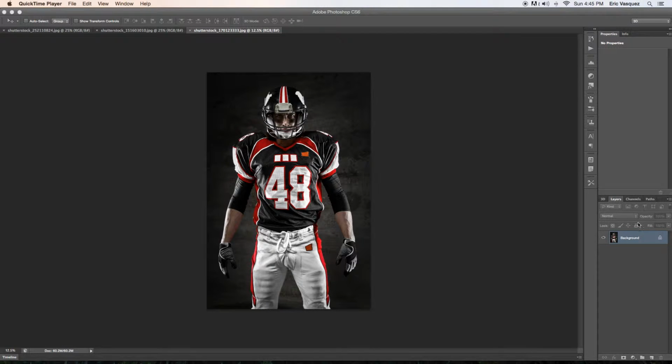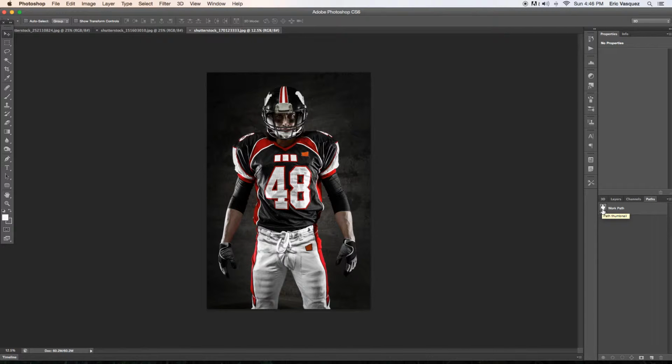paths. Now you'll see here I already have an image open and ready to go, and I've taken the liberty of tracing around this football player to create a work path. Now one of the benefits of this is that it's much easier to save a JPEG with a work path saved into it than it is a Photoshop file. It'll absolutely save you on file space, and keeping this path handy can come in use in so many different